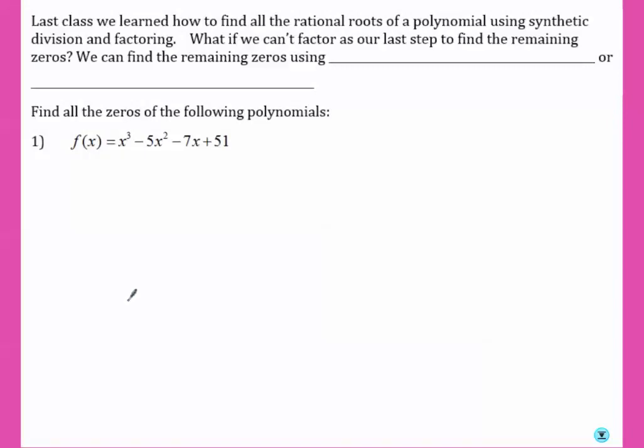Last class, we learned how to find all the rational roots of a polynomial using synthetic division and factoring. What if we can't factor as our last step to find the remaining zeros? We can find the remaining zeros using the quadratic formula, or complete the square. So if we want to find all the zeros of this polynomial, the first thing we need to do is